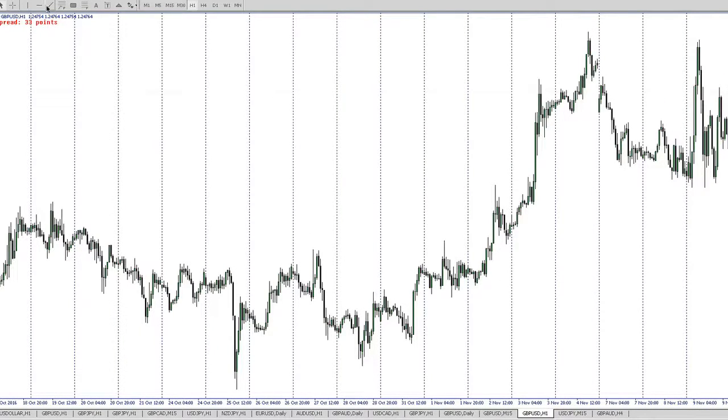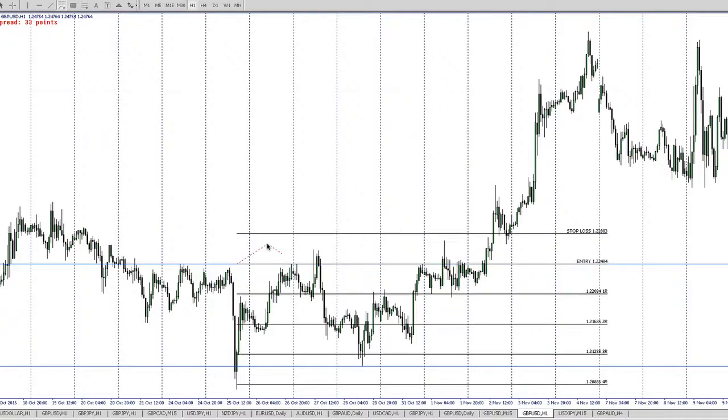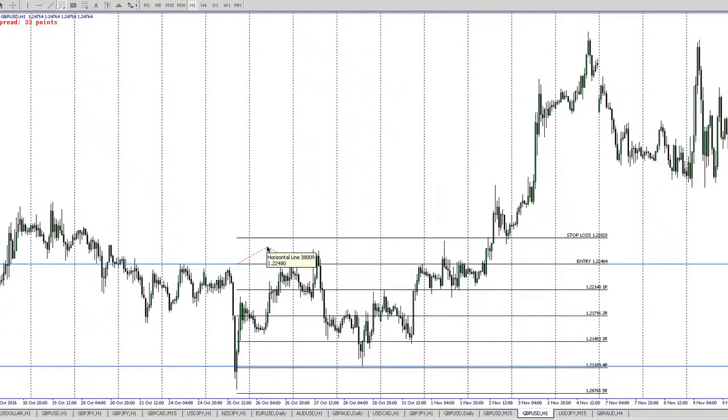So, I've gone back as far as I can. We can quite clearly see that I'm going to draw the range for us. Let's say that's a nice range. So we're in a range here on the hour, and then you separate it into 4. So you've got equilibrium,